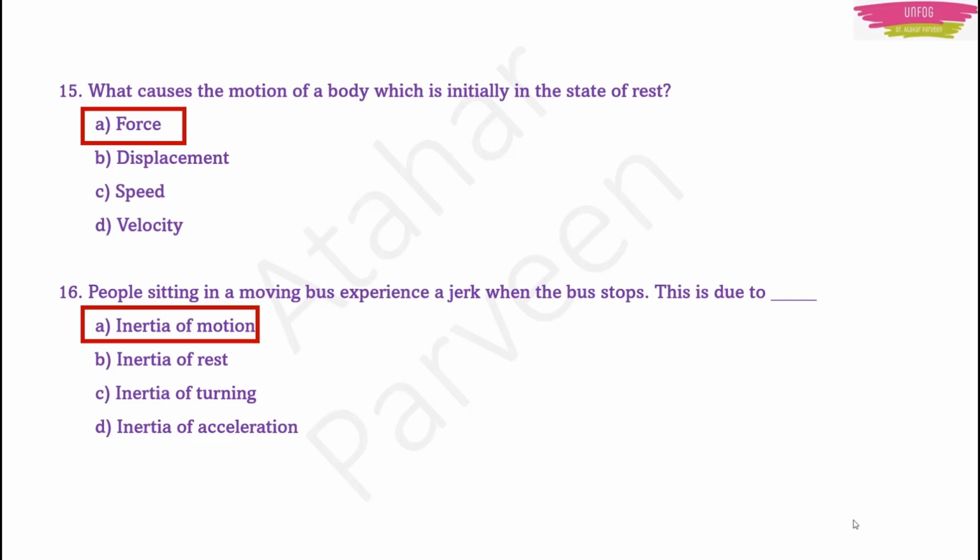In this case, what was happening? The bus was stopping, meaning people were moving along with the bus, right? So people want to continuously move. But because the bus is stopping, they inevitably, helplessly, have to stop, right? Because the bus is stopped. But before that they were moving, right? So they will experience one jerk. They will go front or they will go back while the bus is stopping or while the bus is starting.